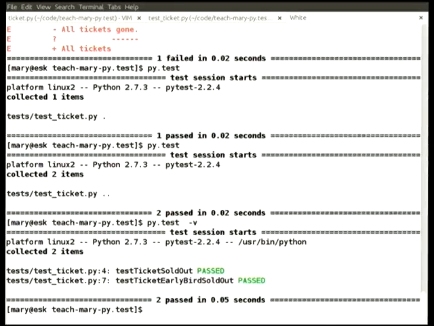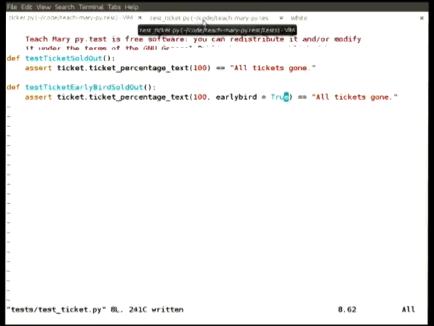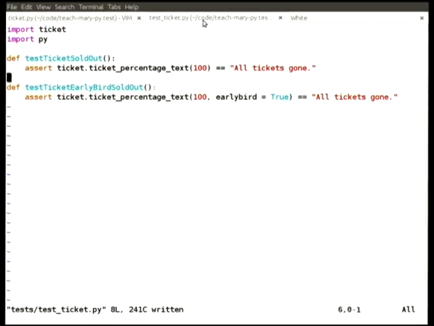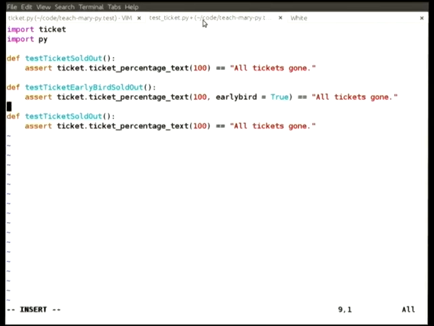Now, as I said, we've got 5 different code paths here, and there's a couple of other things we might want to check. We might want to check what happens if you pass it a number that's not an integer. If you pass it 4.39, does it say 4.39% tickets sold? If you pass it more than 100, what happens? Probably nothing good. Let's check that. But instead of having 6 different tests, what we can actually do is create a